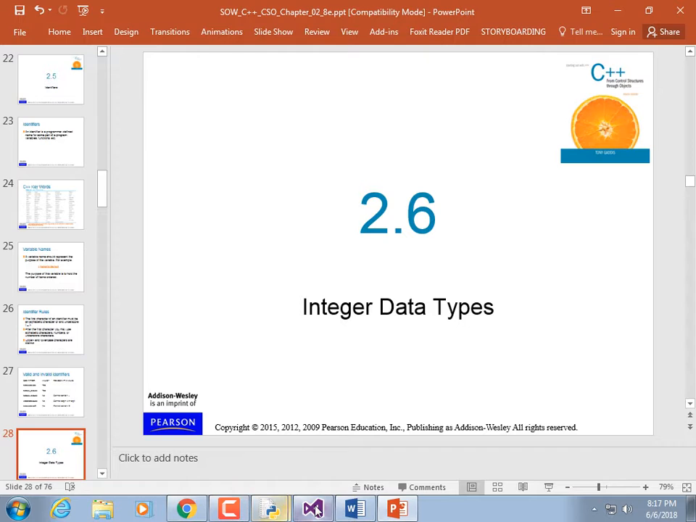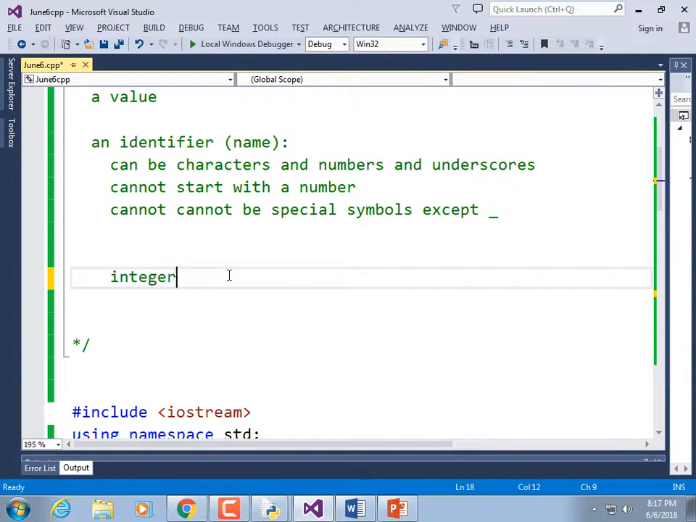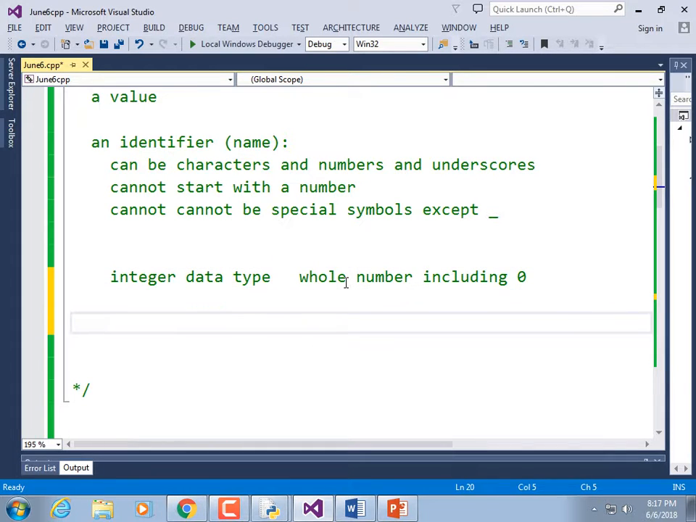Alrighty. Anyways, the integer data type. Whole number including 0. There are different kinds of integers. There are, let's call them, 4-byte integers,